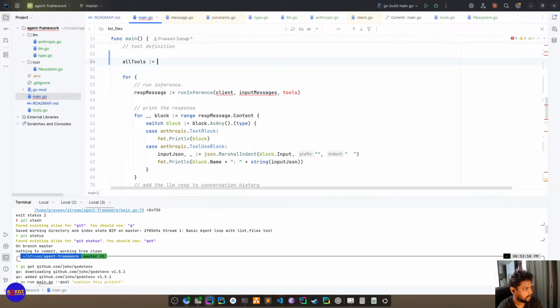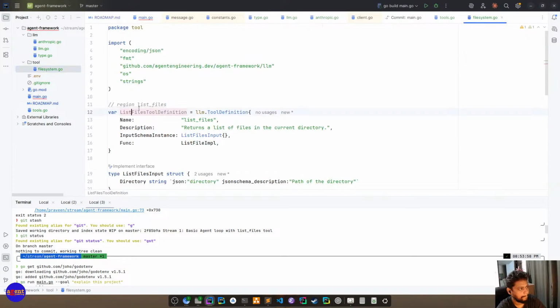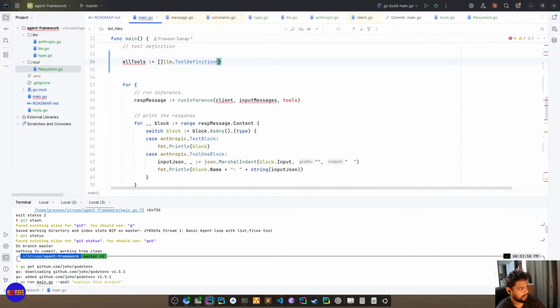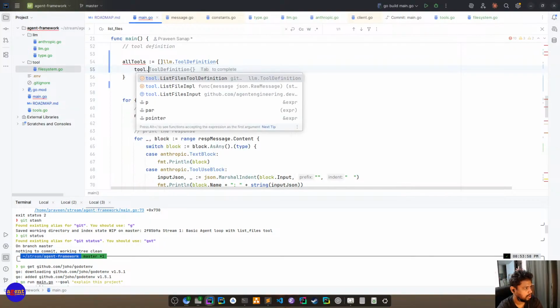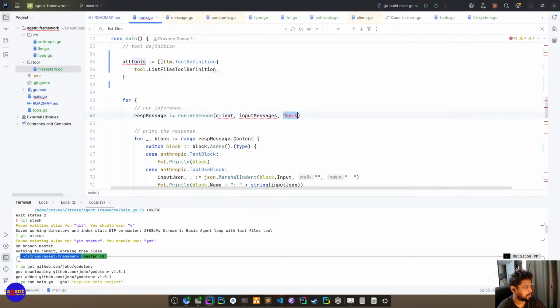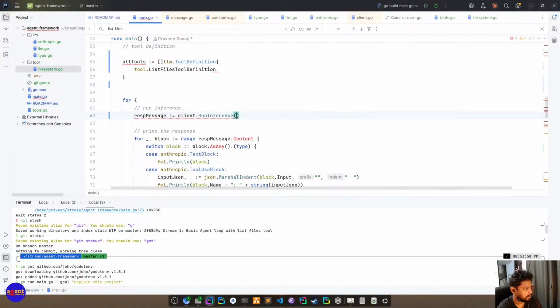All tools will say, and the first element here is list file tool dot list file tool, right. Okay, now what we can do here is send this to the client, run inference, input messages or error as well.